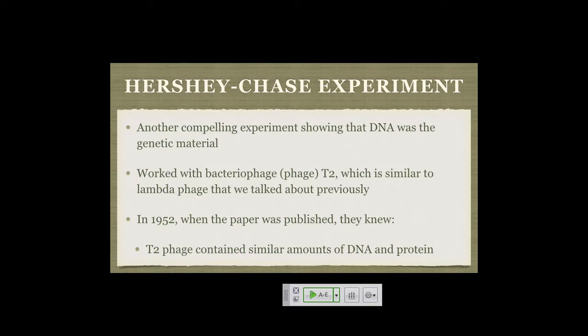Okay. So we talked about Griffith's experiment, where you take the heat-killed virulent bacteria, mix it with the avirulent or harmless bacteria that are living, inject it into a mouse, and get the unexpected result that the mouse dies. And you isolate bacteria that are now genetically transformed and now have the ability to be virulent bacteria. So this was transformation: something from the dead cells transformed the living cells.